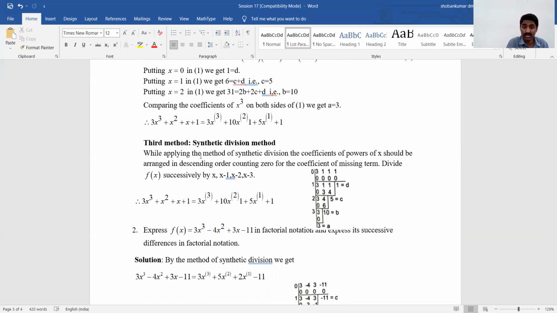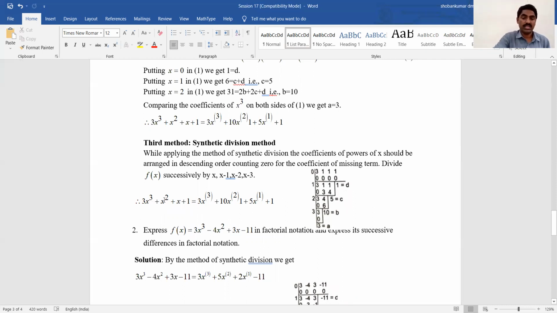Here the degree of the polynomial is 3. Suppose the degree is 4, divide by x, x minus 1, x minus 2, x minus 3, x minus 4, like this. Suppose the degree is n, then divide by x, x minus 1, x minus 2, x minus 3, and so on up to x minus n. Now by the synthetic division method,